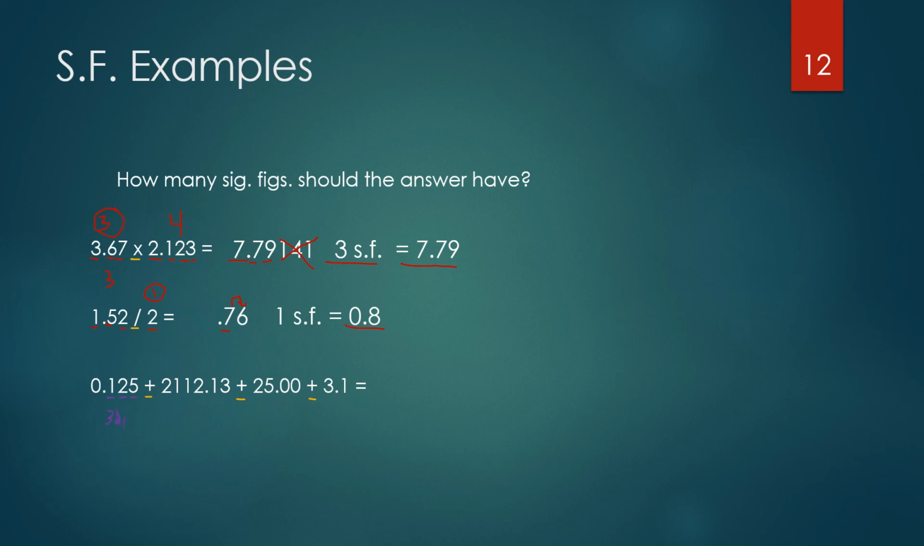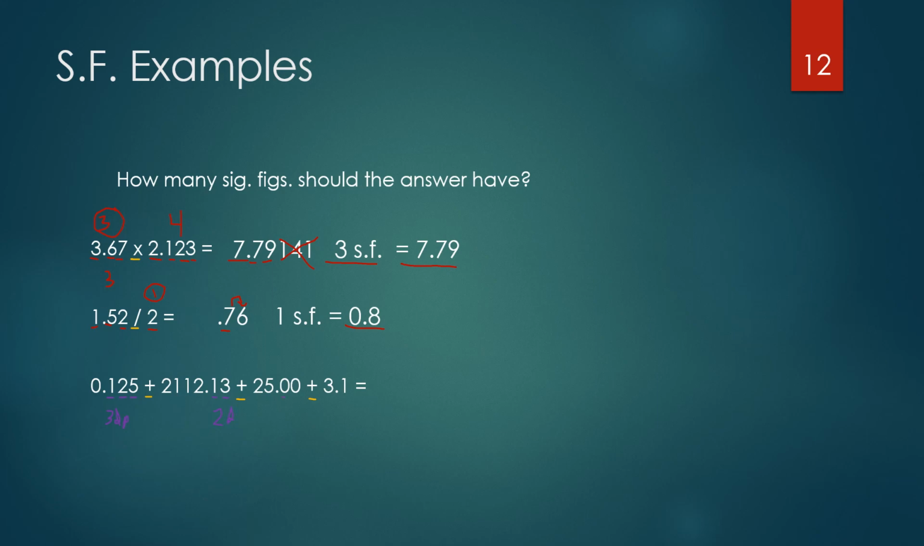Okay, the next number, 2,112.13. Okay, we're not counting that 2,112. Those don't matter, because since we're adding, we're looking at just how many spaces after the decimal, and we only have 2 after the decimal. Put D there, kind of hard to write. All right, and then